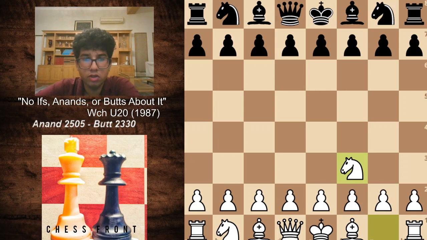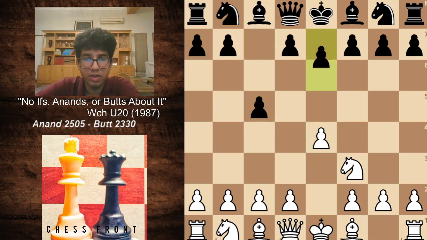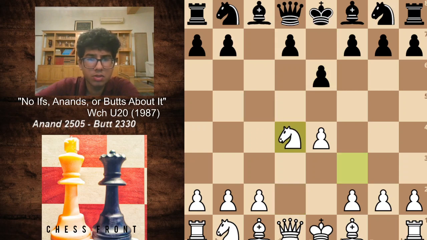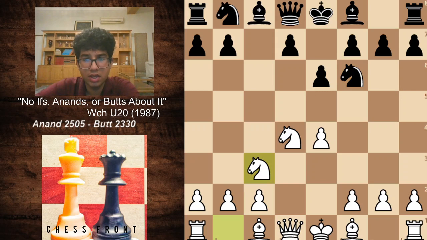So it's safe to assume that maybe Mr. Anand had prepared something. But Mr. Bhatt goes for the move c5. The Sicilian invitation is on the board, and Mr. Anand obviously goes for then e4. So we have e6, d4, c captures d4, knight captures d4, knight f6, knight c3, and d6. A bit of an unorthodox move, but then again, Pakistani chess players are known to make unorthodox moves.